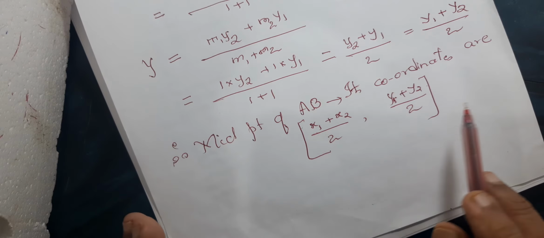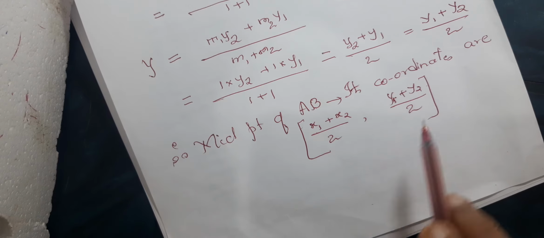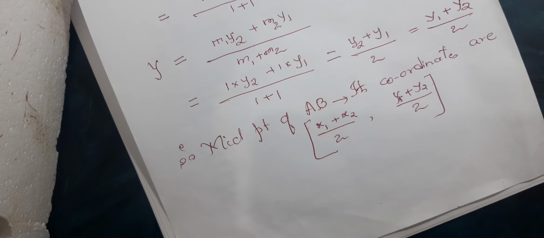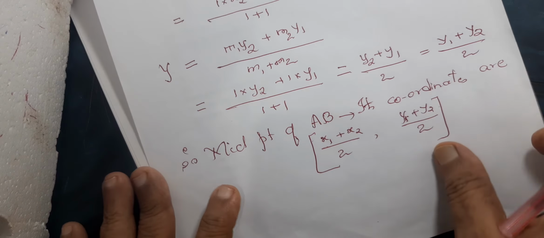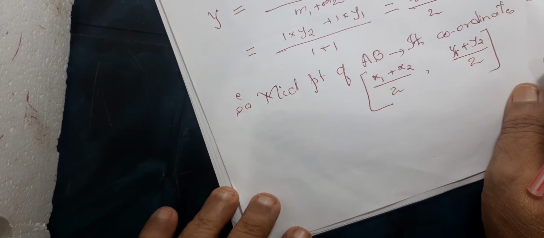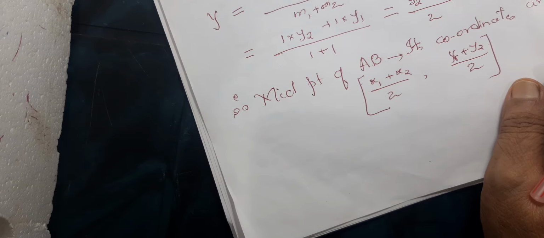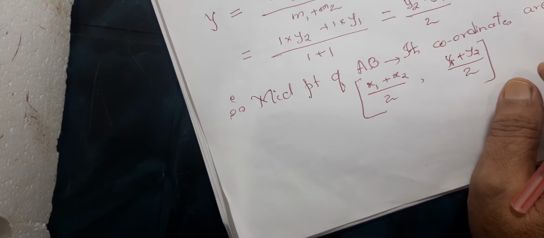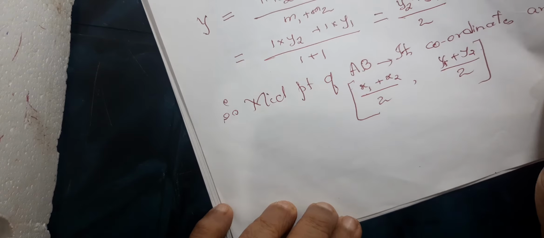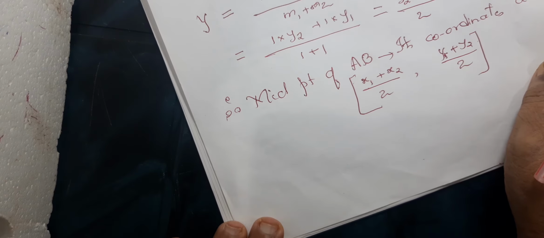They will give the two coordinates of the line AB, A's coordinates and B's coordinates. So easy. You have to remember the formula: x1 plus x2 by 2, y1 plus y2 by 2. Okay, children, I hope you have followed now. Now we are going to start the different types of problems in the section formula. You have to be thorough with these problems because they may come for 2 marks or 3 marks.